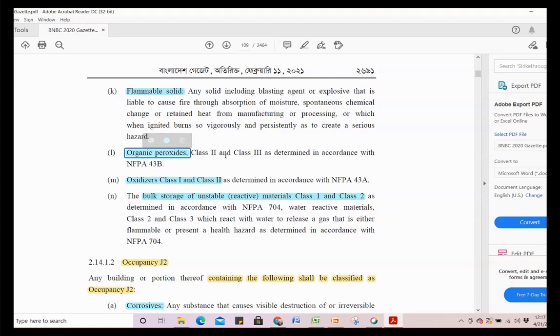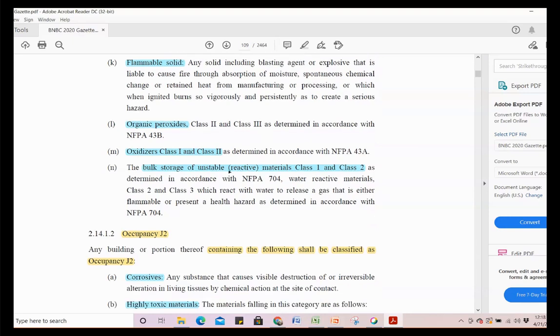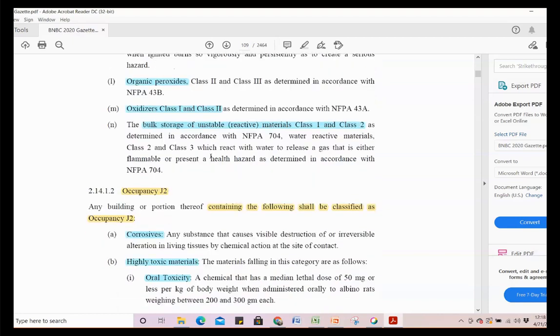Organic peroxides, class 2 and class 3, as determined in accordance with NFPA 43B. Oxidizers, class 1 and class 2, as determined in accordance with NFPA 43A. The bulk storage of unstable reactive material, class 1 and class 2, as determined in accordance with NFPA 704. Water reactive materials, class 2 and class 3, which react with water to release a gas that is either flammable or presents a health hazard, as determined in accordance with NFPA 704. So we can see that there are lots of references to NFPA